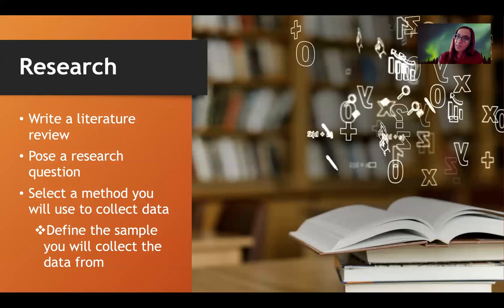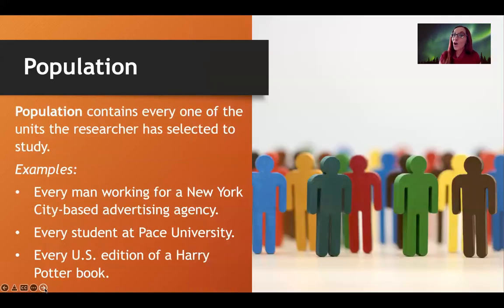So you will look at these studies and you will figure out which are some of the concepts that you're going to assess and how you're going to explain each concept in your literature review. And then you will select the method you will use to collect data. But at the beginning of that method section, you need to identify the sample. What is the sample that you're going to collect data from? I'm going to do a survey. Okay, but who are you going to survey? Or I want to do interviews, but who are the people you are going to interview? So how do we start in this process?